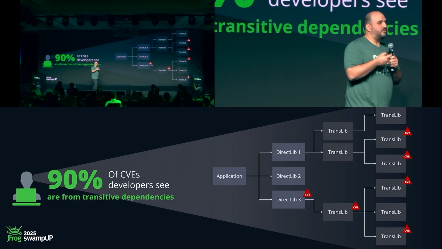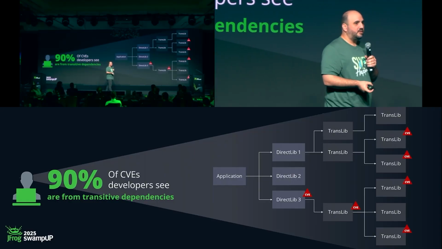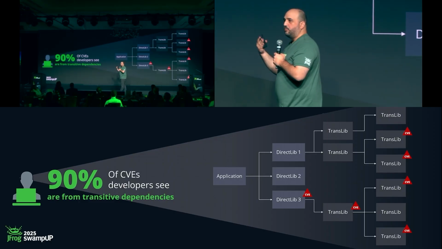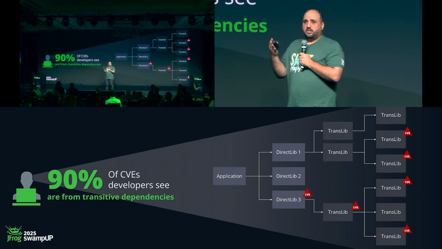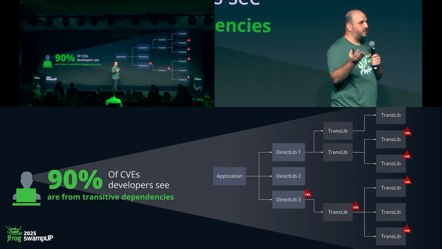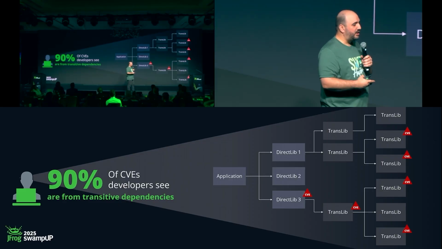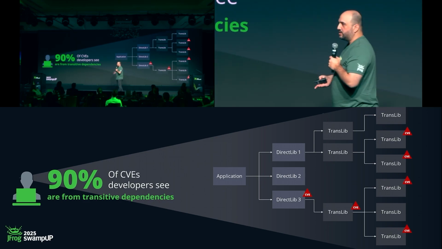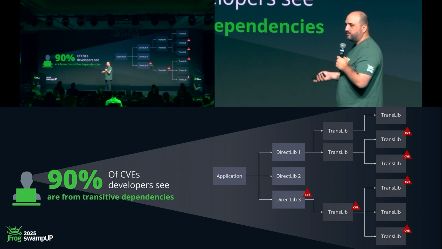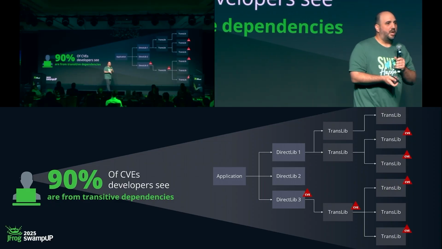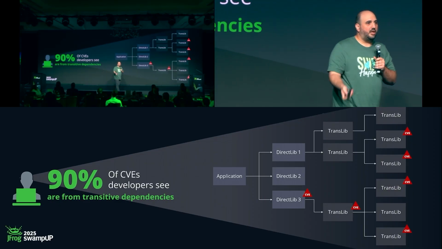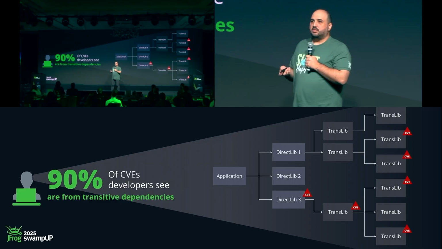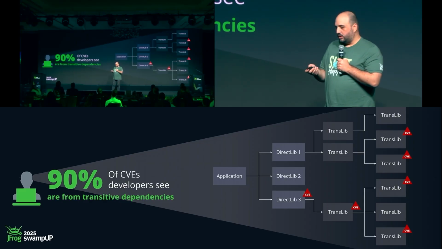Each direct dependency comes with its own dependencies, which we call transitive dependencies. Our application uses a handful of direct dependencies in most cases, and those dependencies come with some other dependencies, and usually they outnumber them by some factors. So we usually have more transitive dependencies than direct dependencies, which makes this number really logical. So when we looked at this, we said, wow, so many vulnerabilities are coming from transitive dependencies that our developers don't even know about in many cases. They don't really care about them; they care about the direct dependencies they chose to use in their application. We wanted to see whether we can tell if these vulnerabilities are actually exploitable.